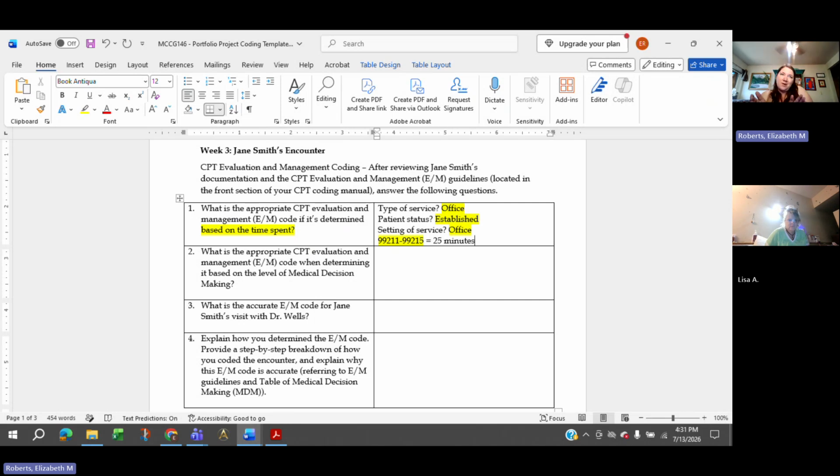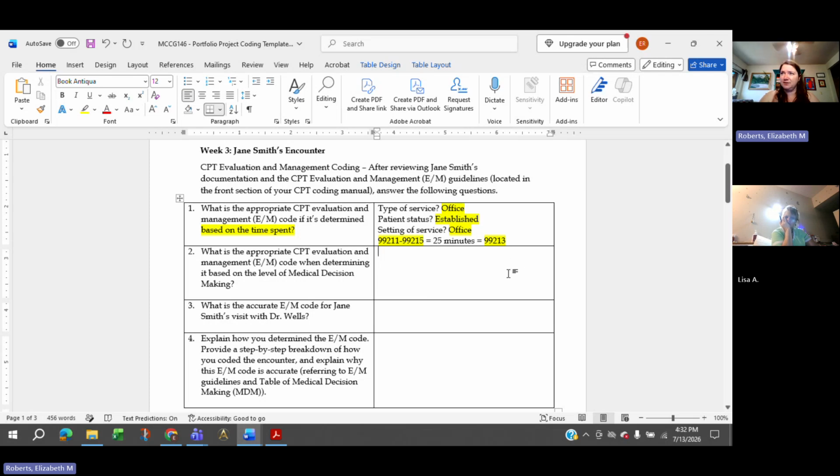We've gotten a little bit more than the minimum, but we have not exceeded it so much to go to 30 minutes. We're not at 30 minutes, so we have to code it at 99213. So if we're coding this based off of time spent, it's going to be a 99213.